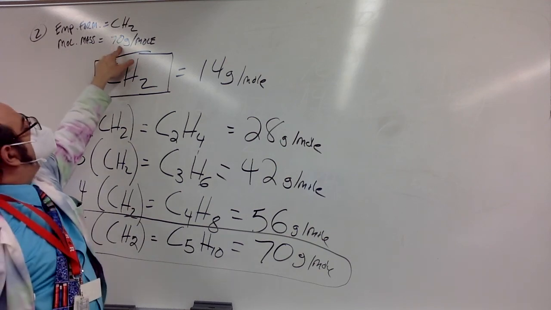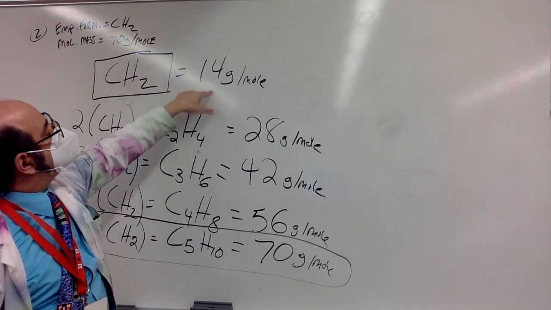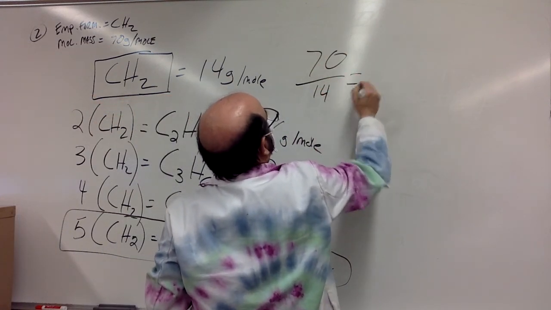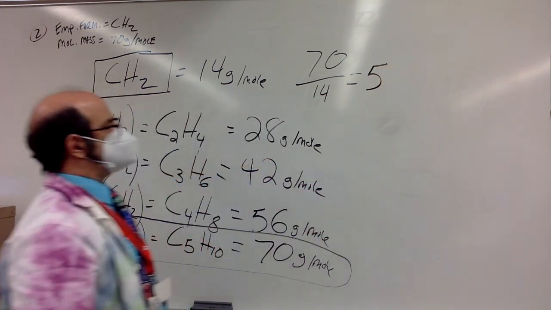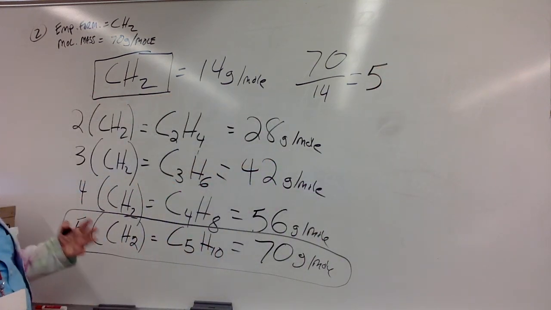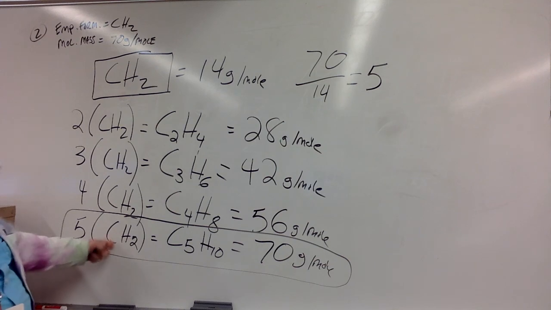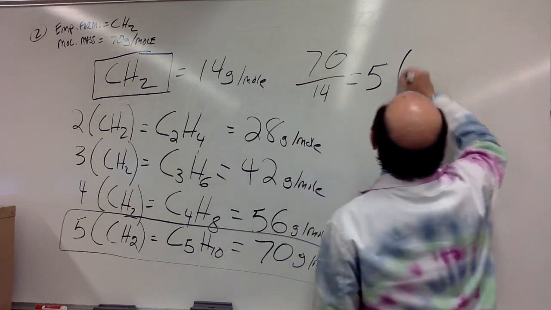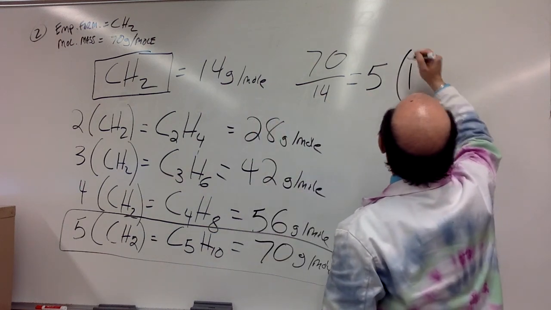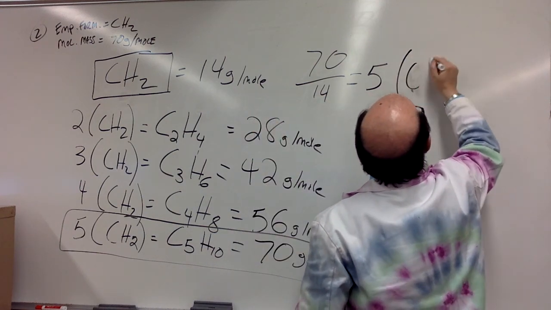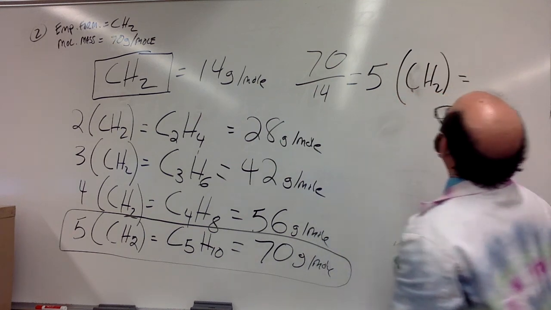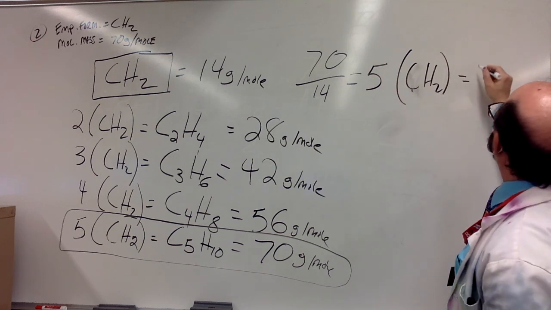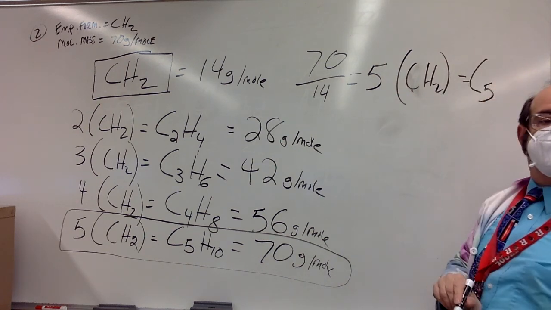It weighs 70. So 70 divided by 14, I'll do it right here so you can see. 70 divided by 14, you hit the calculator, it gives us 5. So we know it has 5 pop-ups. There it is. There's the answer. 5 times the empirical formula of CH2. Multiply it out. Get to distribute this time. 5 C's and H10,